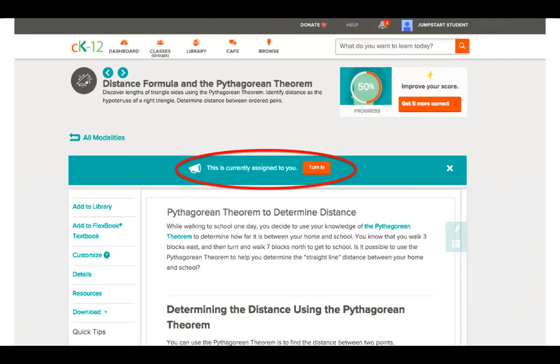Let's see if we can bump back and take one more question before we do some wrap-up pieces here. It looks like a couple people were looking for clarification on the Turn in button, and related, somebody was asking if students can do an assignment twice, like before class and after instruction. Sure. So the Turn in button should show up for any work that a student was assigned. So as long as that modality was assigned to students, they should see that Turn in button.